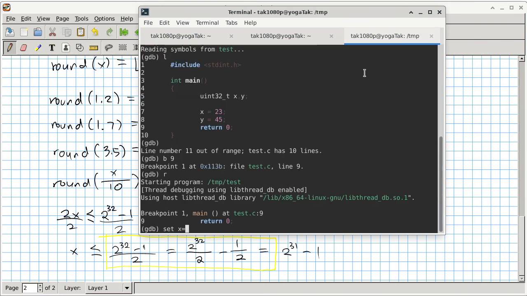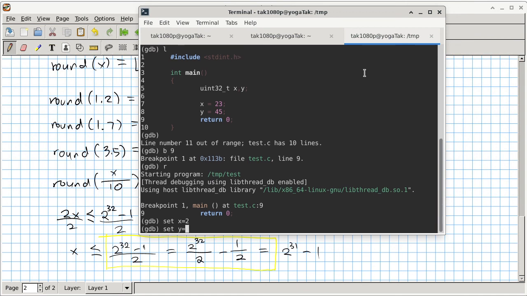There we go. So we'll just set x to be something obvious and set y to be the largest value. So if y is supposed to be the largest value, which is 2 to the power 31 minus 1, how am I going to do it here? Because remember, I cannot use the double function called pow. There are several ways. I can specify that thing in binary, which is 31 ones. I can use 0t, I think that's base 2, and then try to specify 31 ones. Or I can also use